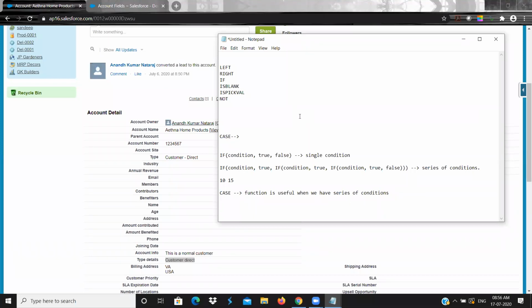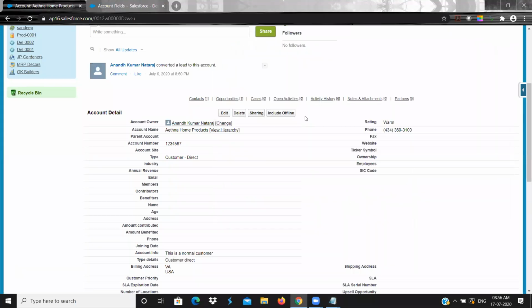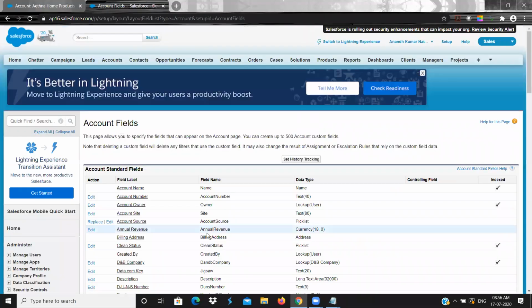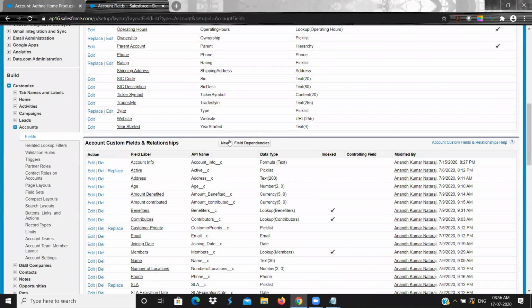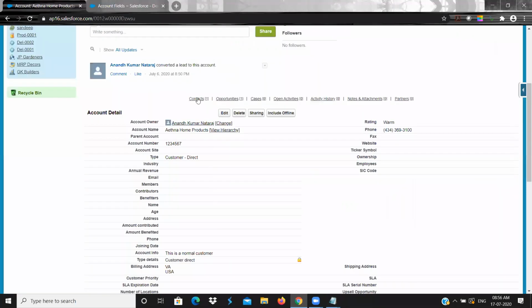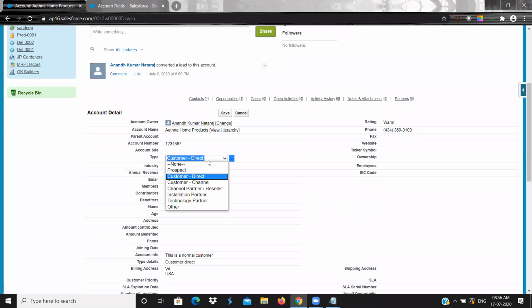So what we need to do is first see the syntax for the case function. We will take one scenario, the same scenario, and for this same thing we will apply a formula field with the case function. First, we have applied it with the if else condition.